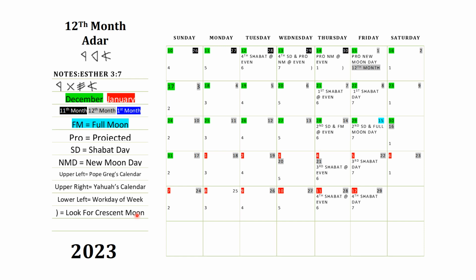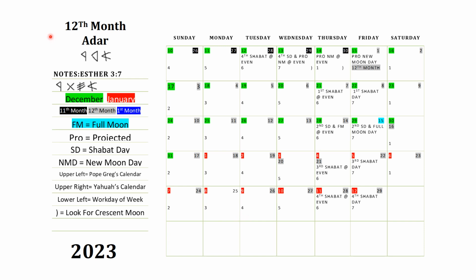But you can still use the same method to make sure that your days, your Shabbats, and your new moons line up. Make sure that they line up. Your numbers are correct. That's the biggest thing. You have to make sure your numbers are right. If you make a mistake and have to start over, start over. If you use a computer, make sure you save your work as you go.